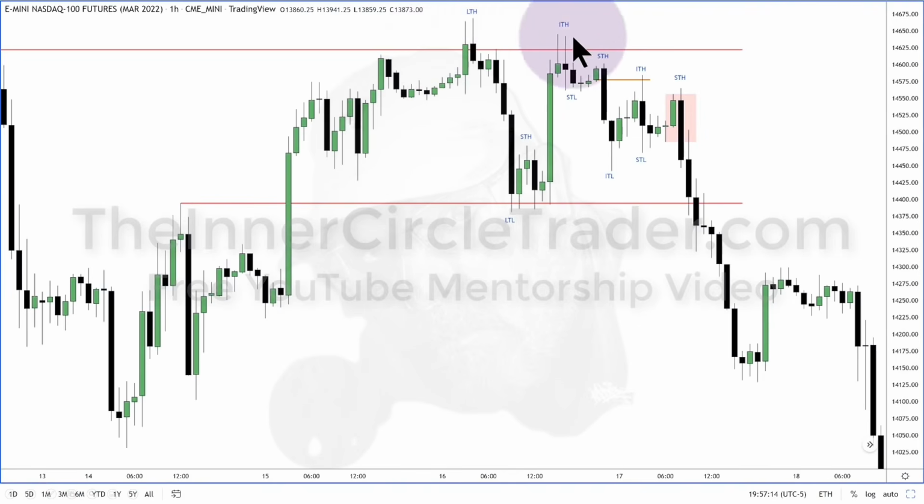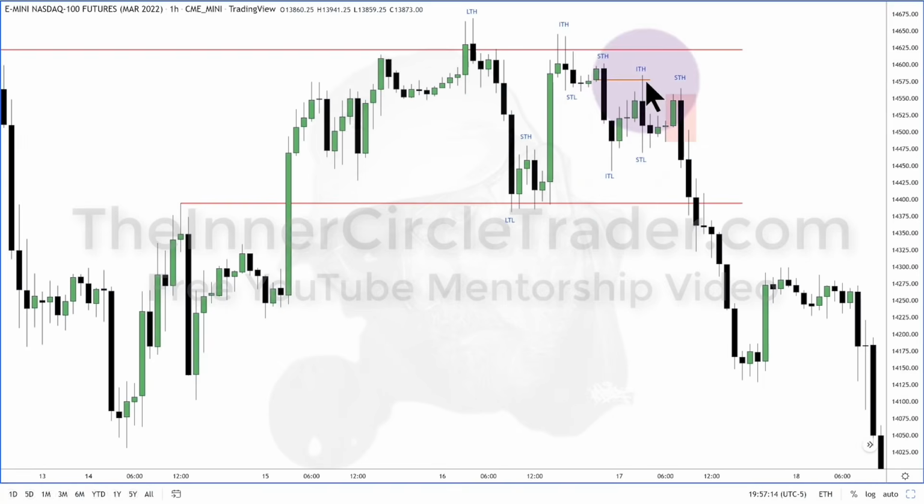Why is this an intermediate term high? Because we have a short-term high here and a short-term high here. So between two short-term highs, the highest high between those, that's an intermediate term high. But the main takeaway for your notes so far is anytime an imbalance, like this big candle up, is rebalanced, that becomes an intermediate term low. Just as well on the opposite end, this down move here, that's a fair value gap. As soon as it rebalances there, that's what I classify as an intermediate term high.